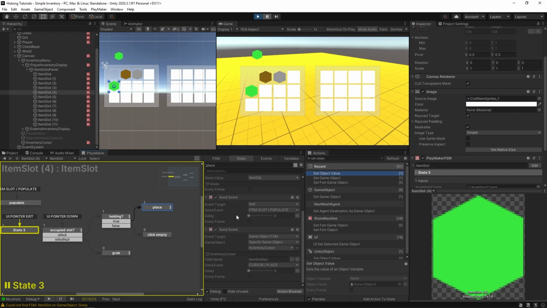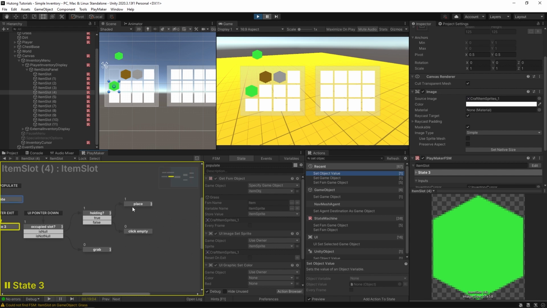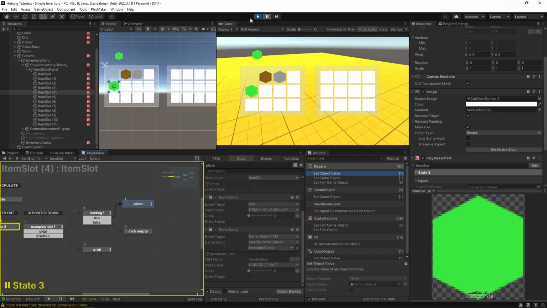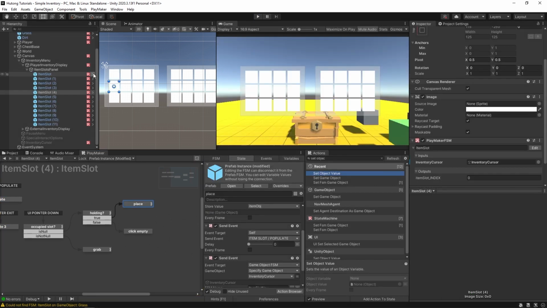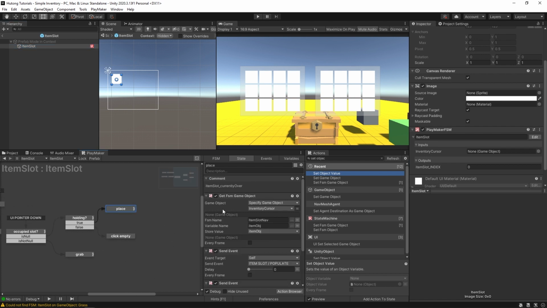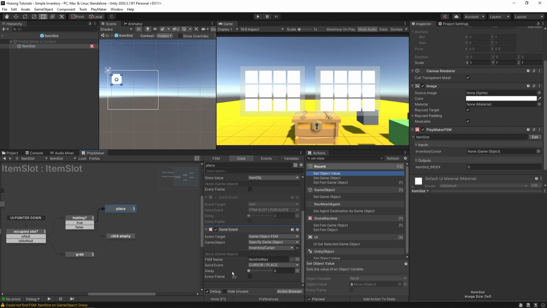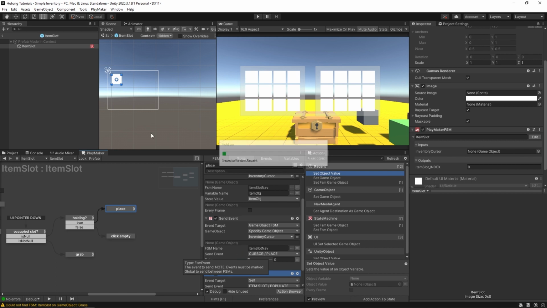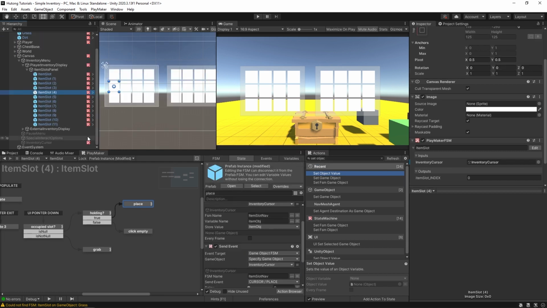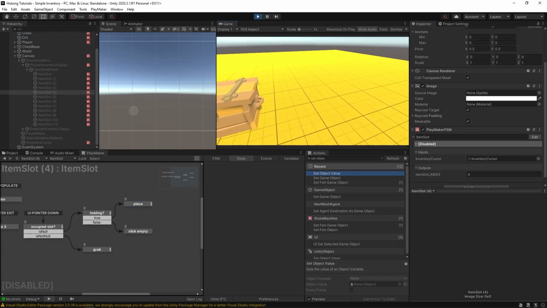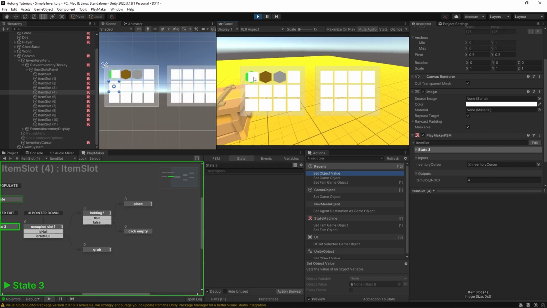So it's just an order of operations problem, because when we send this, that means it comes over here, and it never got a chance to fire off this last action. So it's a simple fix that we can come over into our prefab for and go right here and literally just put this one at the bottom. Okay, now if we come over and play this, grab it, grab it, grab it, open inventory, grab the green,